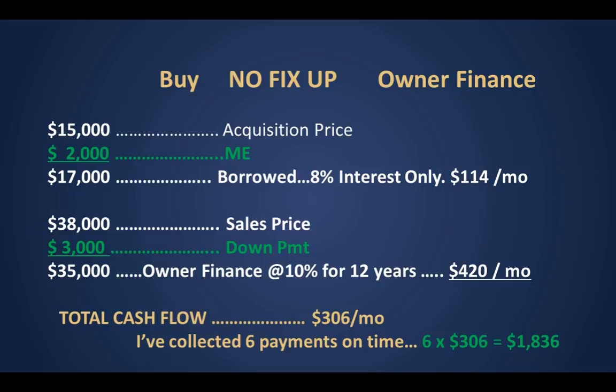This is why private lenders are, again, one of my favorite staples. I buy all these houses with private money. 8% interest only, 5 years. And they never question it. I mean, it's hardly over-leveraging, you know. I sold the house for $38,000 and I borrowed an extra $2,000 and I got $17,000 in it. It's not over-leveraging. So